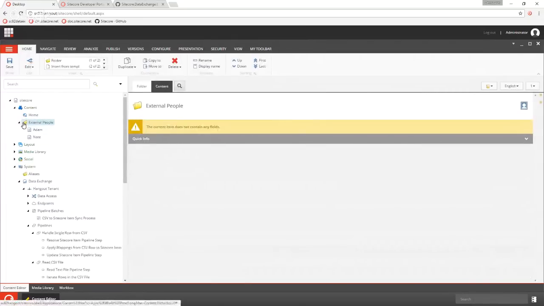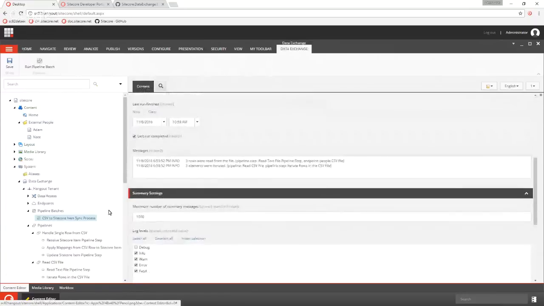And so it just hasn't flushed out the items yet, but eventually we will see that the 3rd item is created. And that is the data exchange framework. Awesome, thank you.